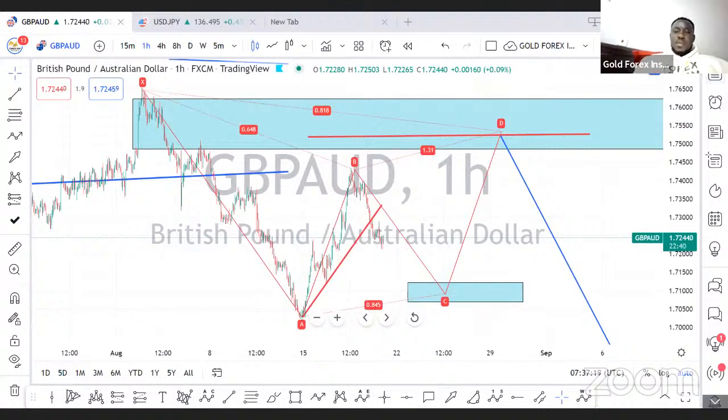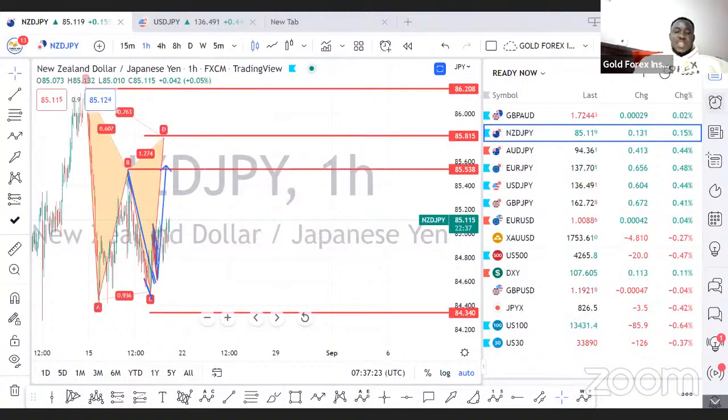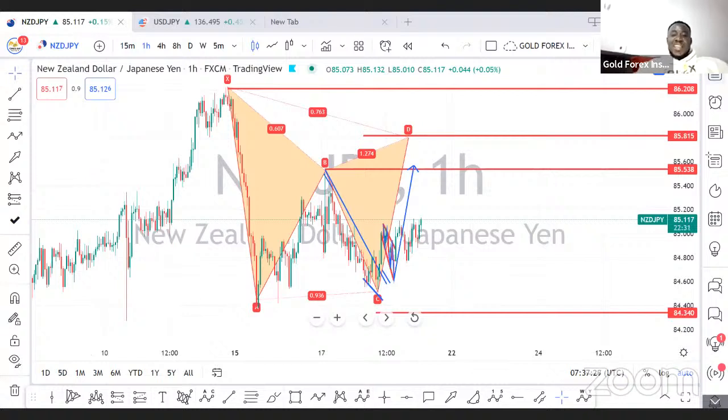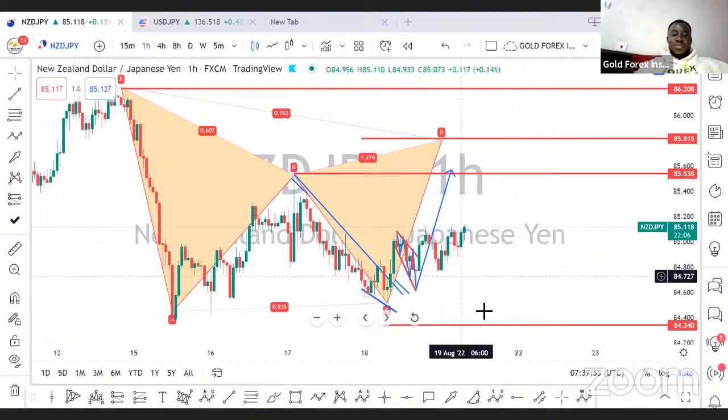Okay, now let's look at NZD-JPY. So NZD-JPY yesterday, those in my Telegram group had a very good test of the market, how impatient they can be. I'm a swing trader, and sometimes the market does not go in a straight line. So I told them, listen, when this thing was forming, yesterday in the VIP group, we picked a buy